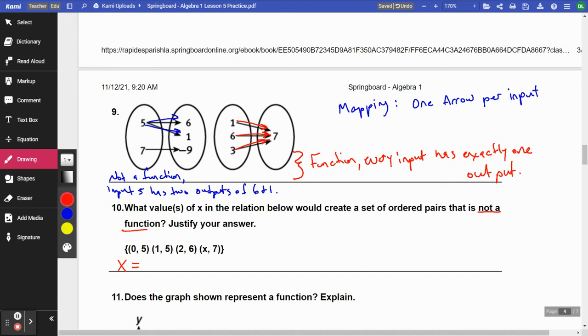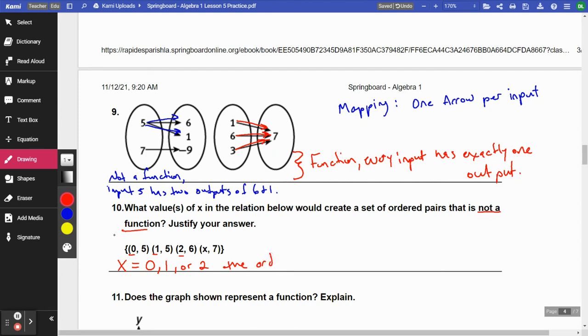When the input has more than one output, right? So x would have to be an input value that we already have. Well, what are the input values that we already have? 0, 1, and 2. So if x equals 0, 1, or 2,